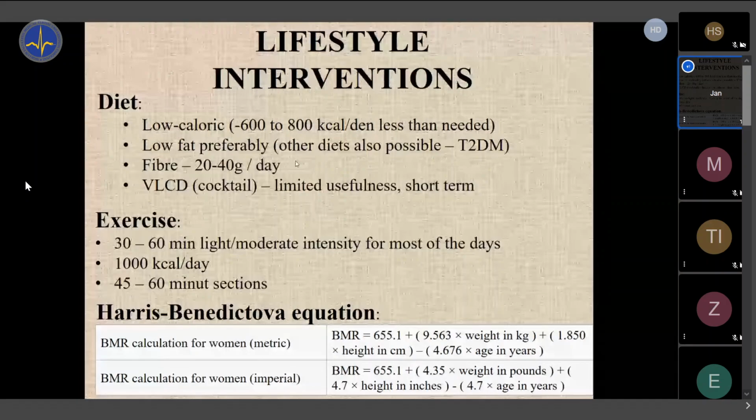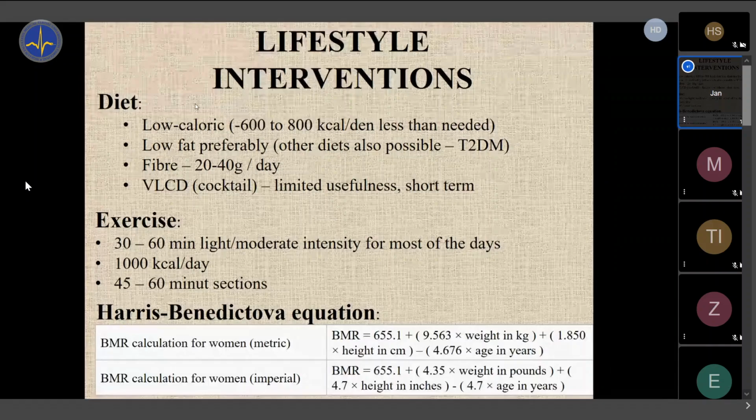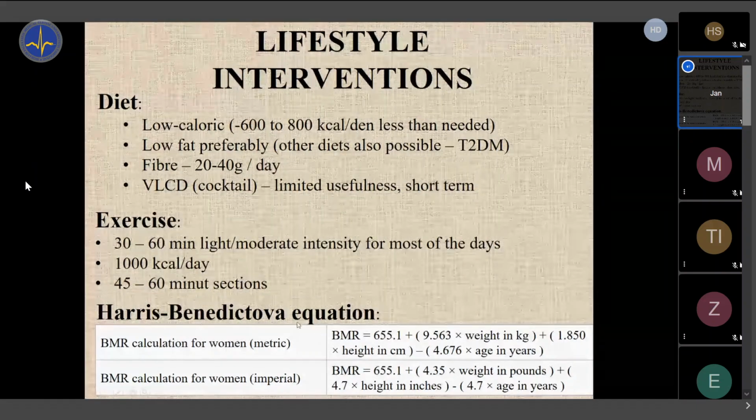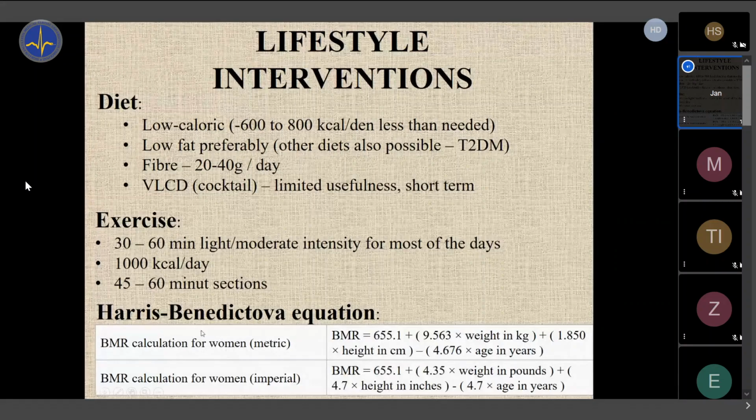Every person is different. So the principles of diet, and I understand especially diet is a very controversial field. There are various types of dietary approaches. Most of them work. But we need to start with something, let's say, which is set in stone, and then we can find deviations. So the basic feature is that the diet needs to be low caloric. We need to cut calories from the daily need. The daily need we calculate maybe by Harris-Benedict equation, which you probably are familiar with. If not, it's written down here. You can find it on internet.